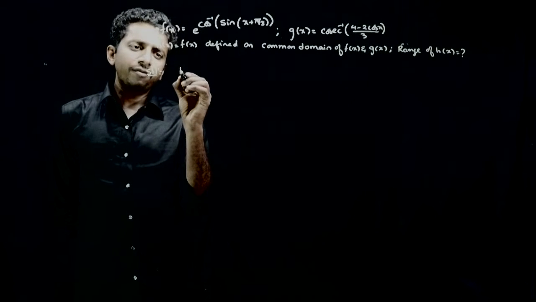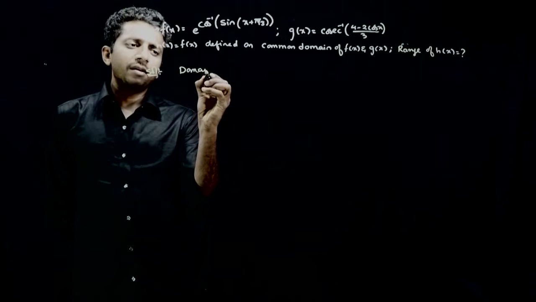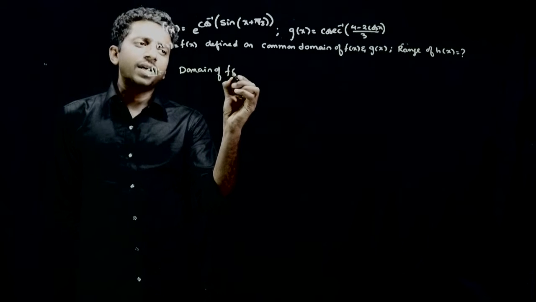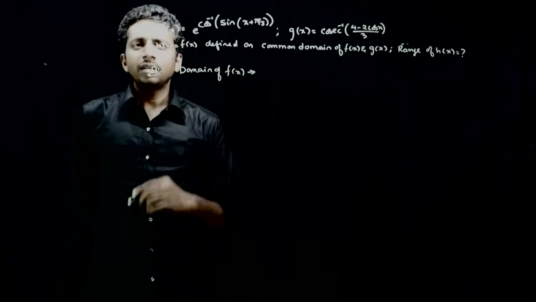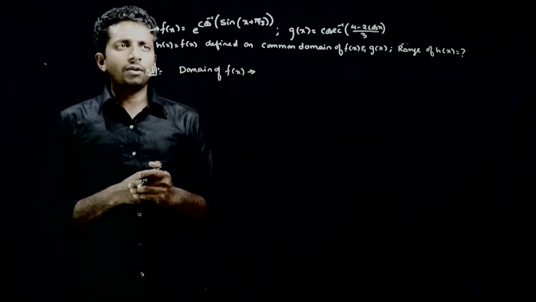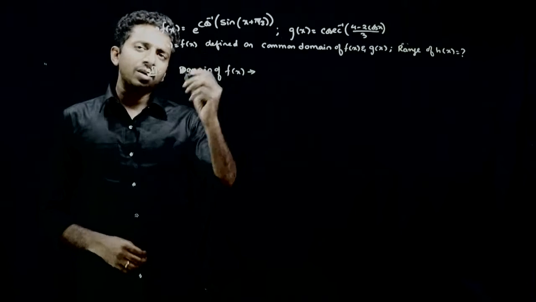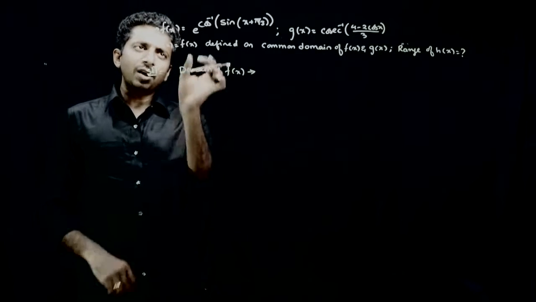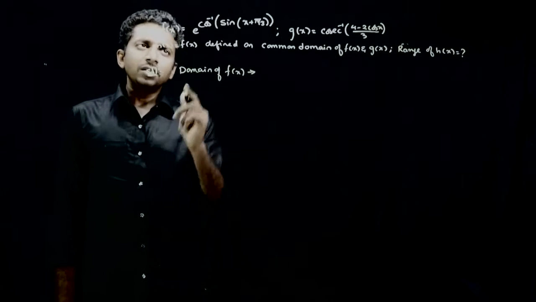सो फर्स्ट टू फाइंड द डोमेन ऑफ f of x. ठीक, so f of x का एनालिसिस करेंगे. सो फर्स्ट डोमेन के लिए वी गो फ्रॉम द आउटर मोस्ट फंक्शन टू द इनर मोस्ट फंक्शन. सो फर्स्ट आउटर मोस्ट फंक्शन है e पावर. सो e पावर में